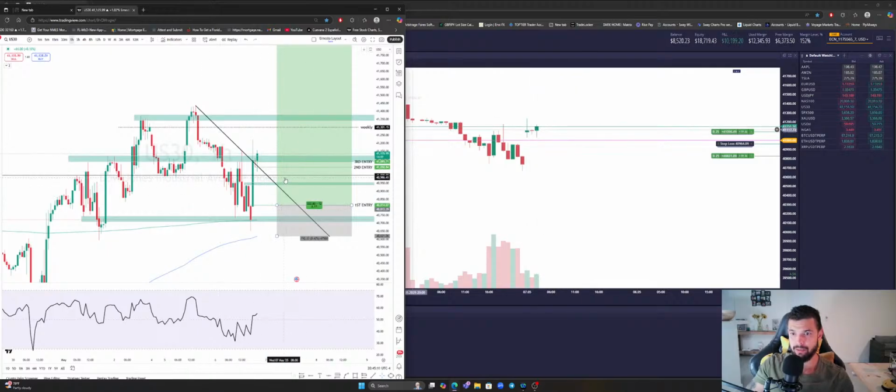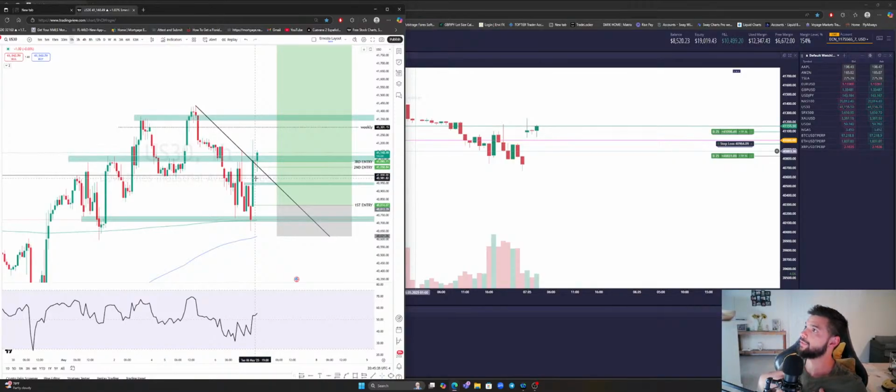Now, why did I have two other entries on that trade right around here? Okay, why do I have them? Well, very simple. If you see this line right here that I have on the broker, and this line right here that I also have on TradingView, that is the key level. That's the biggest confluence that I could have on a trade for me to say, you know what, this trade is going to keep going the way that it's going. Right now, as soon as the market opened, not only did we gap